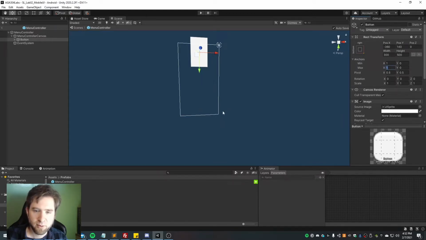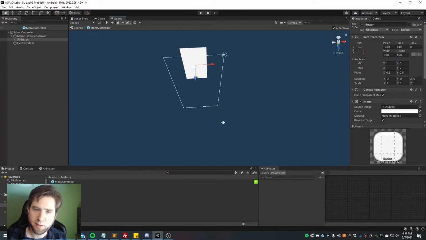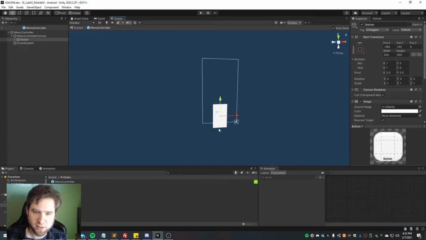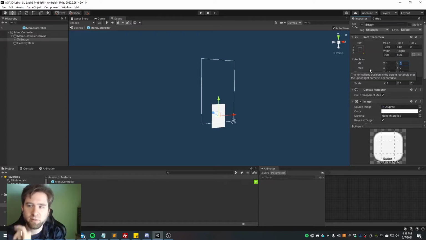0 is left, right is 1. And I want my Y to be, I feel like I want it, am I upside down? I might be upside down. I believe this is the correct orientation. I noticed that my green is pointing up, and I know that 0 is the bottom and 1 is the top. So I want it to be bottom right. That would be anchors of 1, 1, 0, 0: 0 for the Y, 1 for the X,